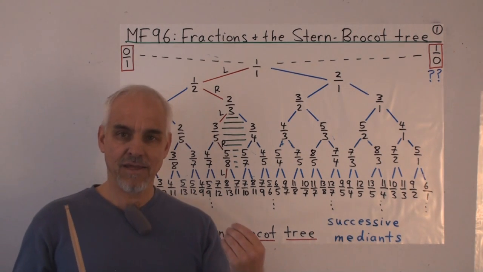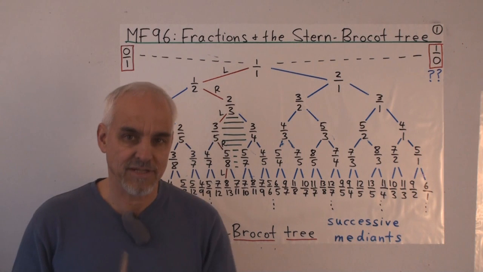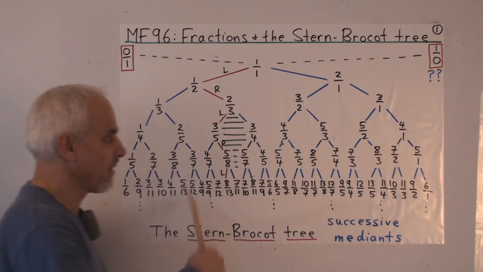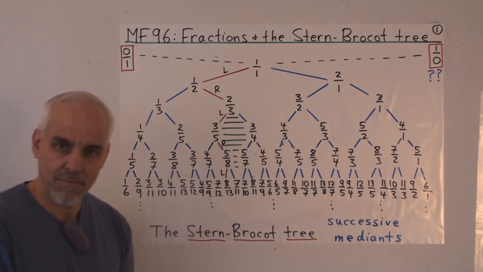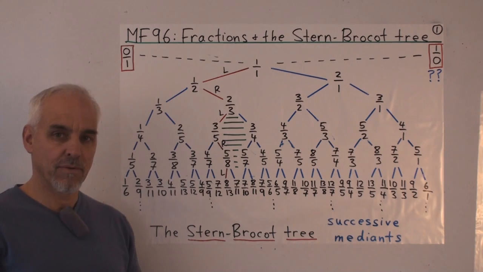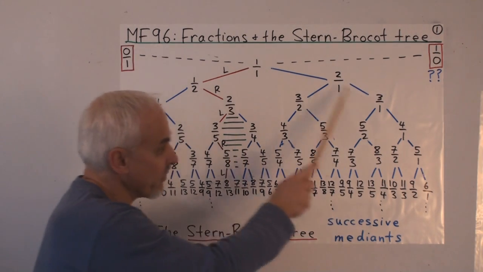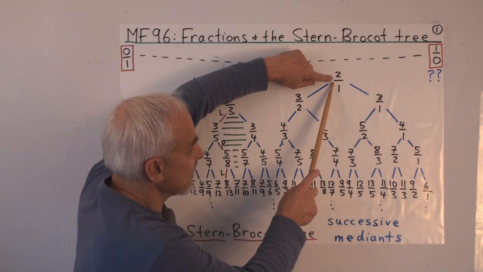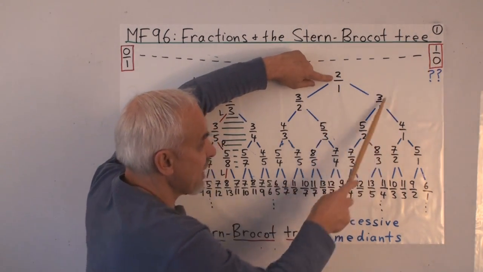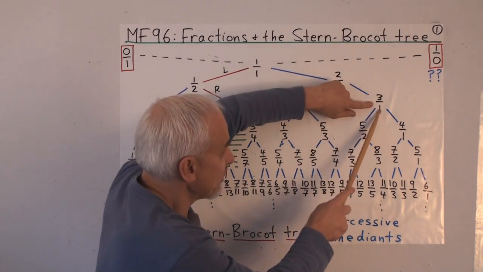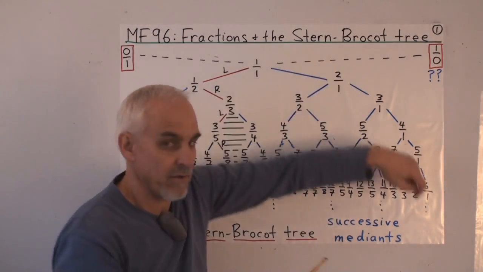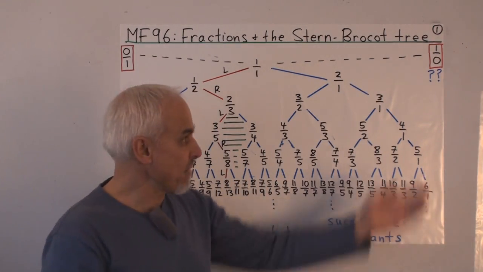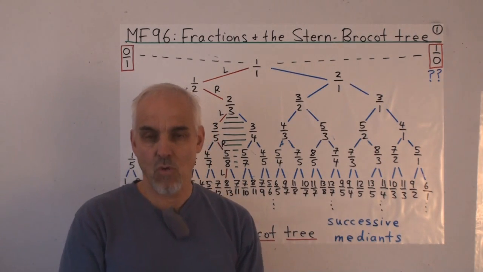There is a nagging issue here that I hope is bothering some of you. The nagging issue is this thing. What is 1/0? We've used 1/0 to generate part of this tree. We've used 1/0, for example, to take the median of this one with this to get 3/1. And then the median of this with this to get 4/1, and so on. This is not a fraction. This is some kind of strange object. What's it doing here?